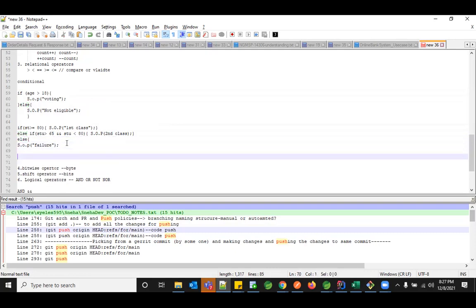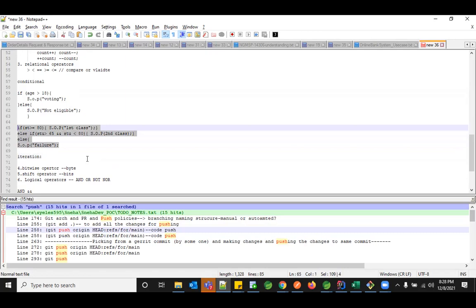The third one is something called iteration loops. Okay, so what is iteration? Something you're executing for any number of people without stopping, and you're stopping only on one particular condition if it's getting satisfied. Say right now, whatever I have evaluated here is only for one student. Say I have to do this for 100 students. So how can I make it a loop?